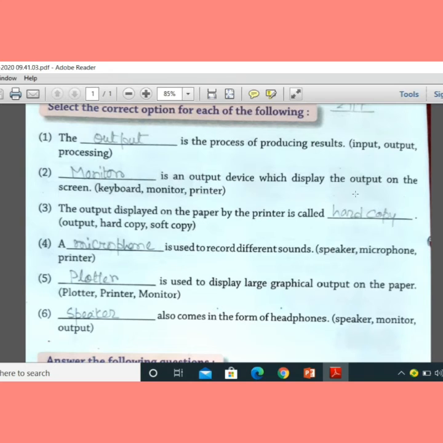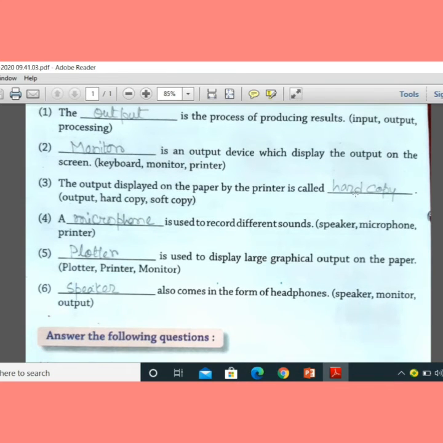So the answer is here microphone. Now the number 5 is dash is used to display large output on the paper. Now what I have just taught, which is display the large output on the paper? Plotter. Plotter is used to display the large output on the paper.